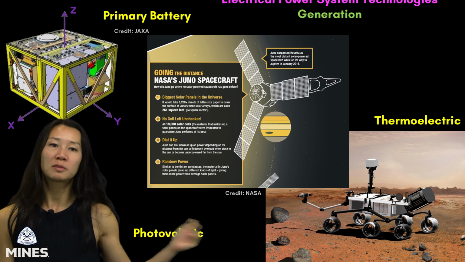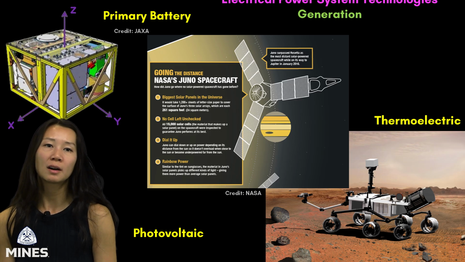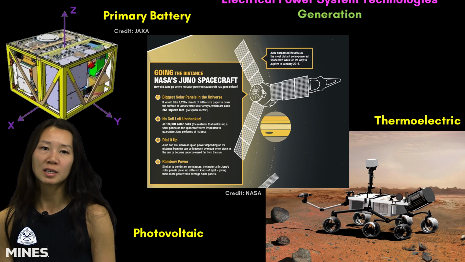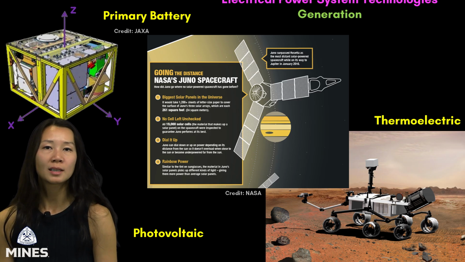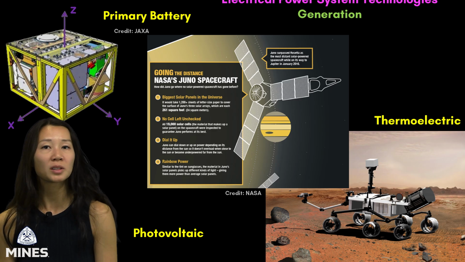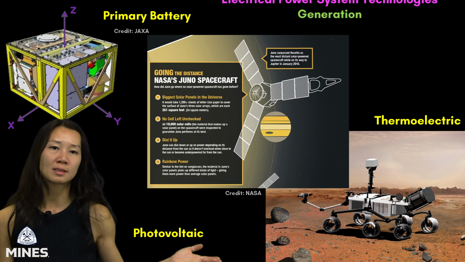On the right, we're revisiting Curiosity, which emphasizes the thermoelectric RTG, converting heat from decaying plutonium into electricity. This method is ideal for long missions in dusty or sunlight-limited environments, like the Martian surface. So depending on your mission's duration, exposure to sunlight, and operational constraints, one of these power system types may be